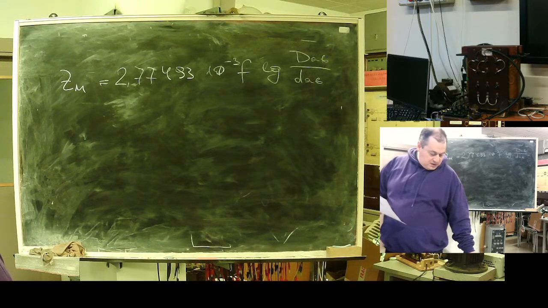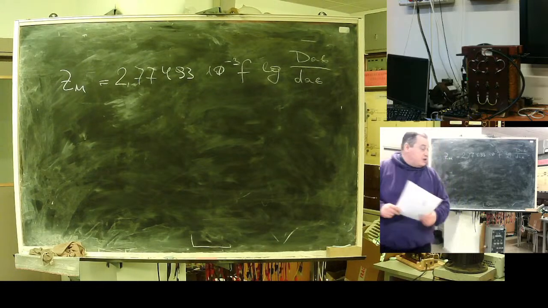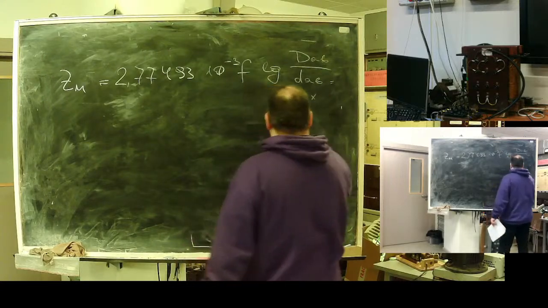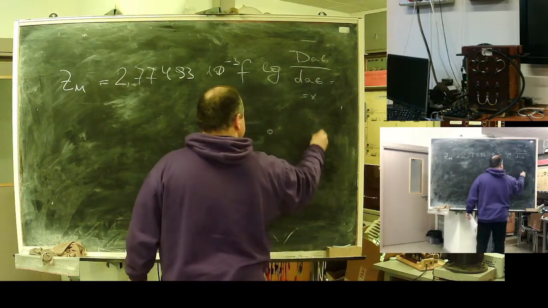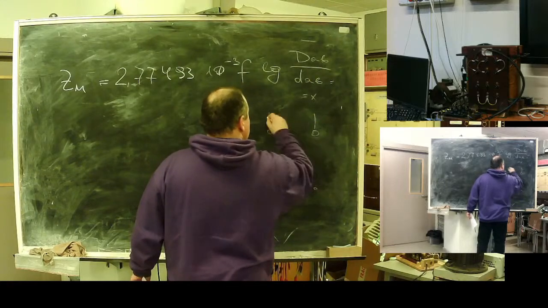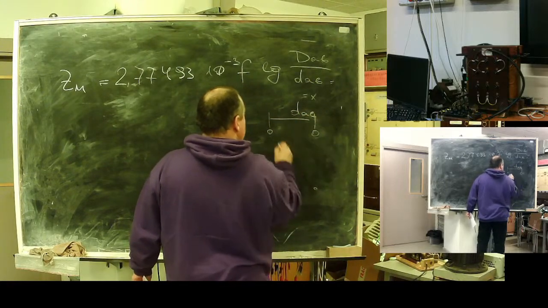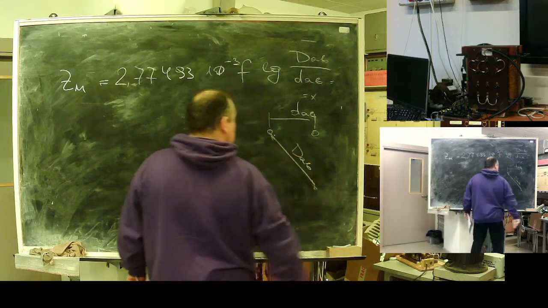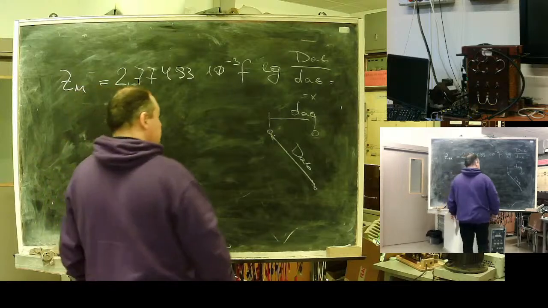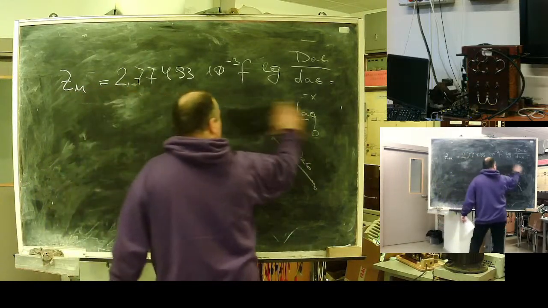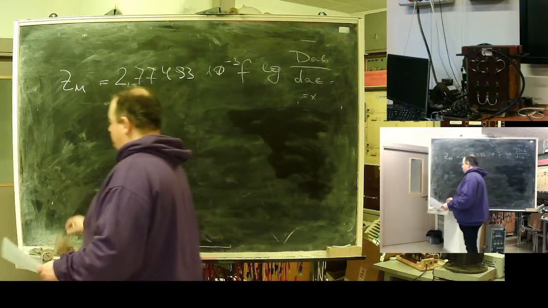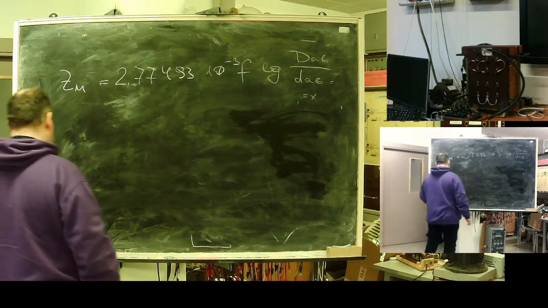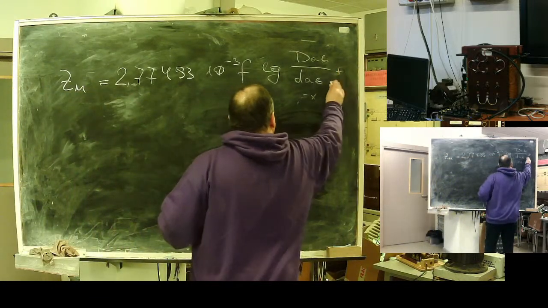And the small ab equals x. It's a distance. This one is ab small, and this will be capital. Plus,